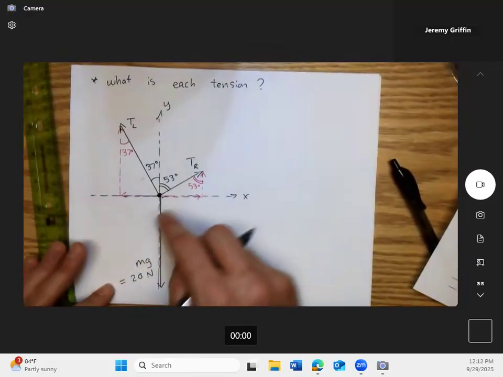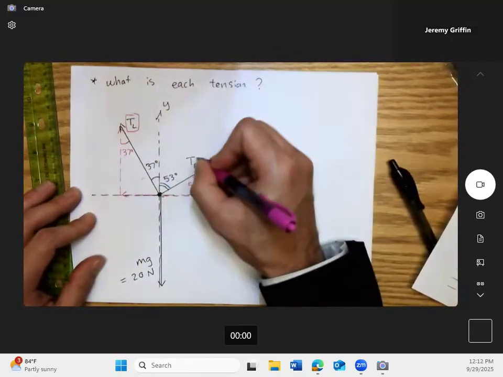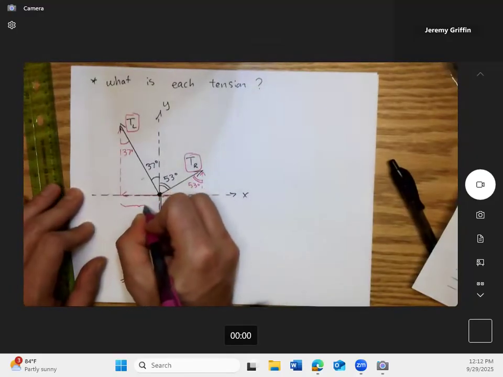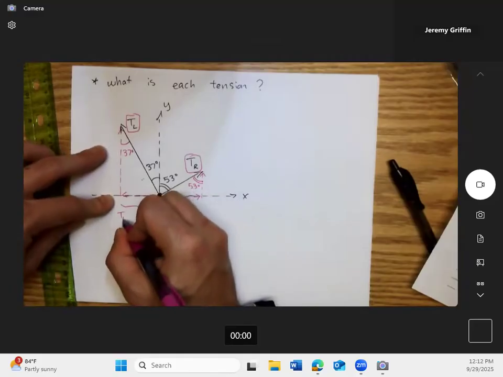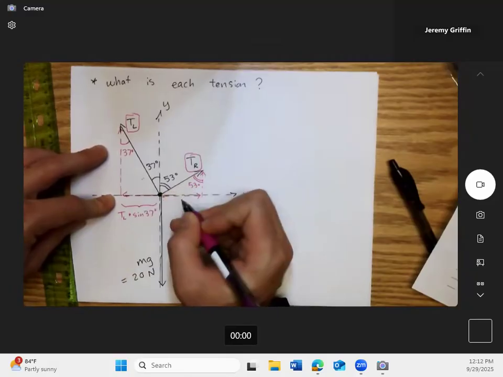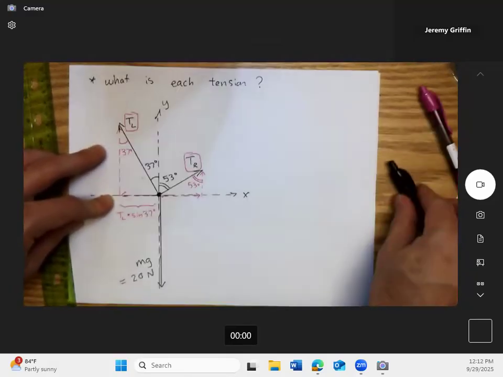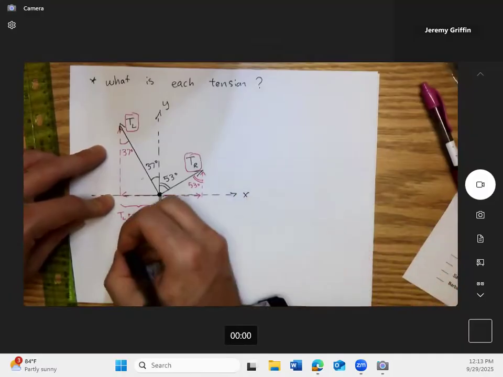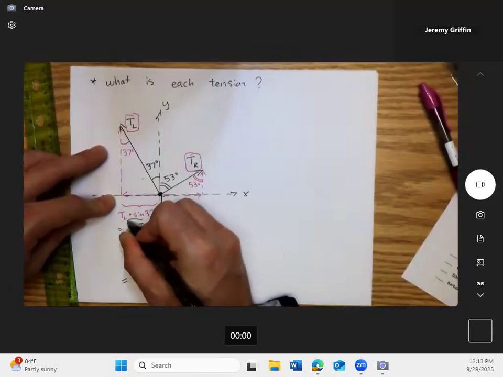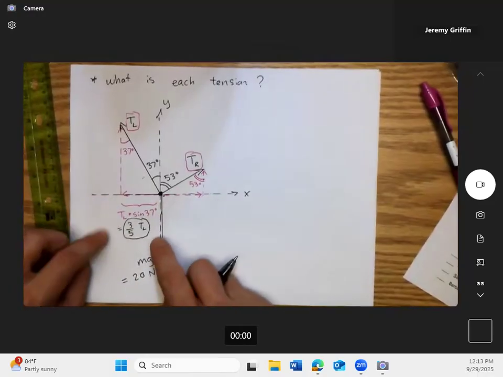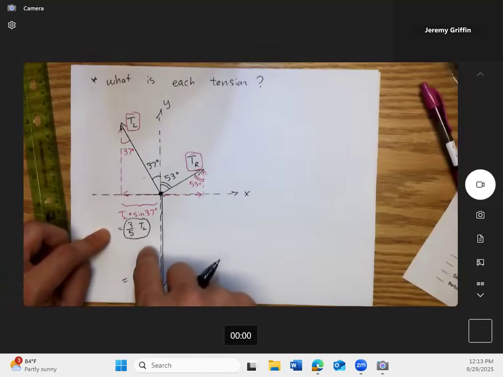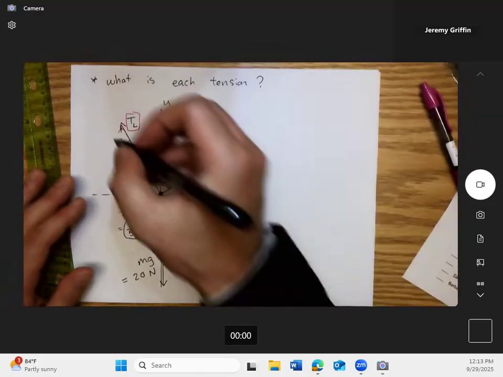That's fine too. Now, I don't know what the tensions are, but I do know what the components are in terms of those tensions. Okay. So this right here, could this be tension left, whatever that is, times what? Yeah, sine 37, like that. Okay. And sine of 37, isn't that like 3 over 5? So I've been doing fractions today, so I'll just use fractions. The other example you have in your notes from a few days back, I gave long decimals with like 3 or 4 digits, but let's do fractions today because that'd be fun.